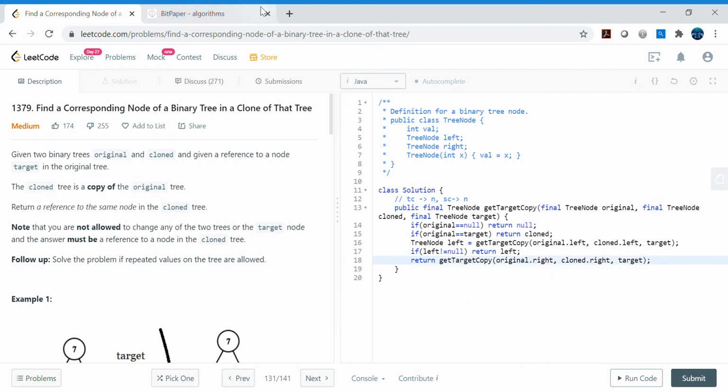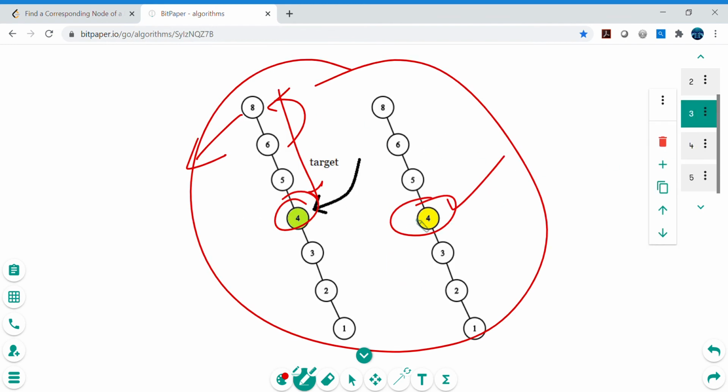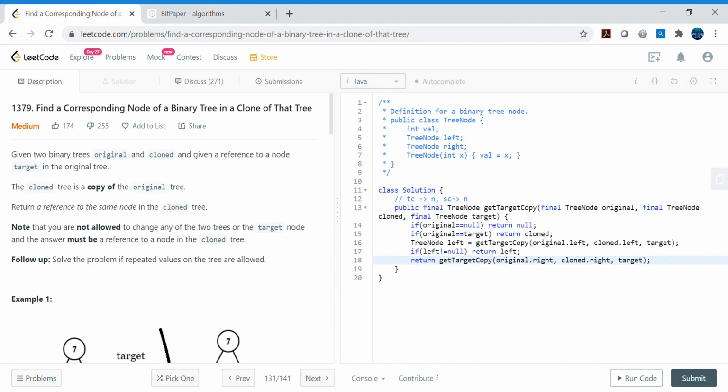But hopefully this makes sense. And from this diagram, and specifically on page 3, this edge case, when left is null, let's go ahead and return right. And on page 5, when right is null, we need to return from left. This is an important observation, so we need to consider those cases as well. So considering those cases, this is pretty straightforward, I think. So I hope this might be useful.